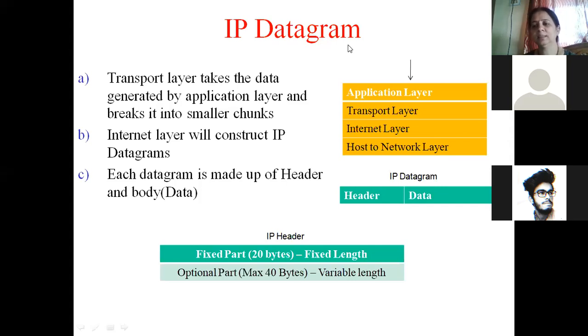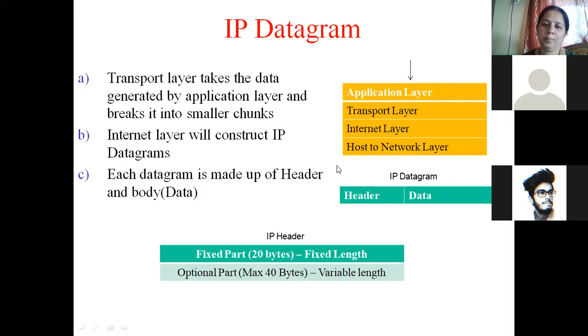And hence, since there is a lot of heterogeneity involved in the internet, we require a protocol which can pin together all these different networks and allow the data to pass through them so that it can be delivered at the destination machine. So today we are going to learn about the IP header. Yesterday I had just started off with it, but I think you were still not clear about the header part and the optional part. So I have tried to add a few more points so that things will become clear to you.